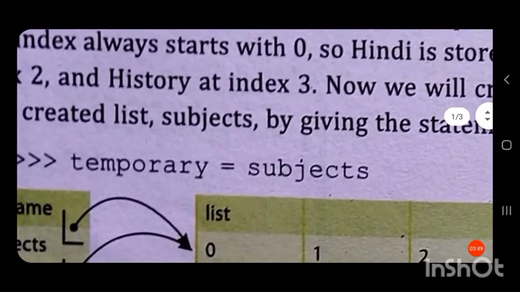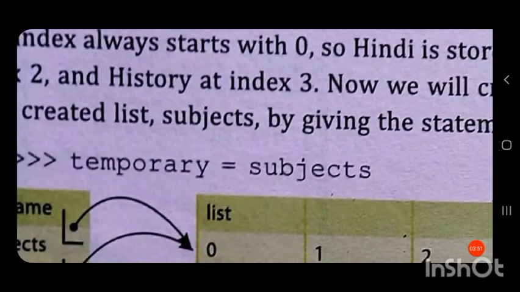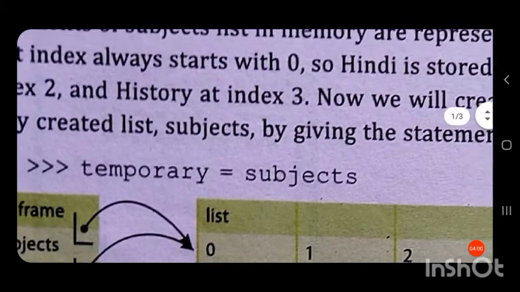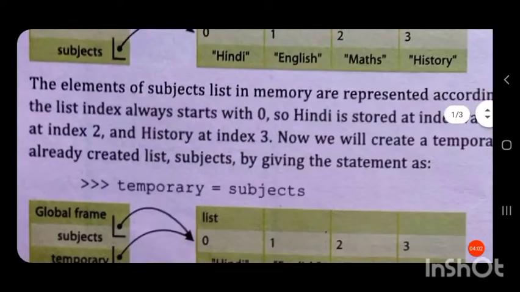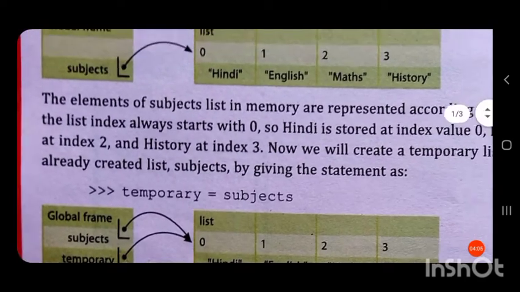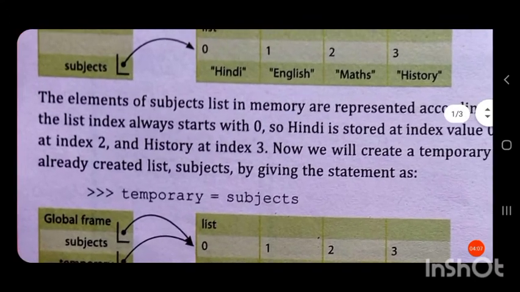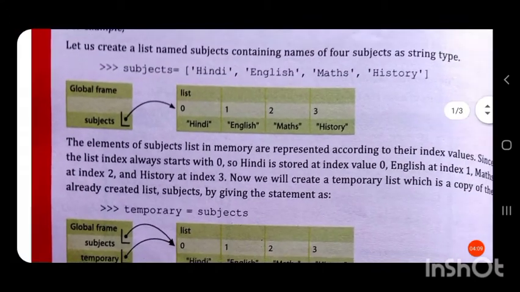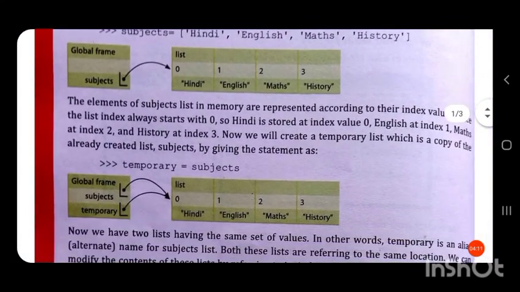By using this statement temporary equal to subjects, we are copying the contents of the list subjects to the list temporary by using the assignment operator. So both lists contain the same elements.